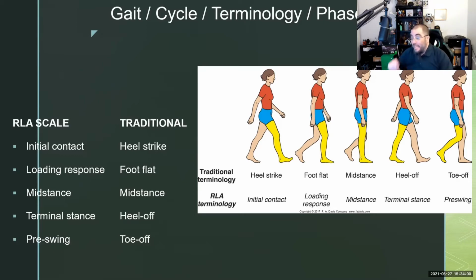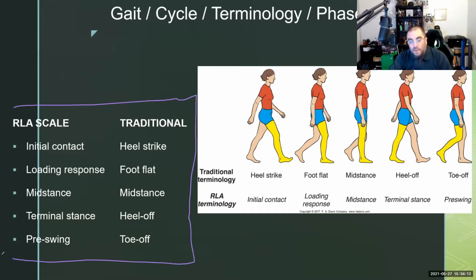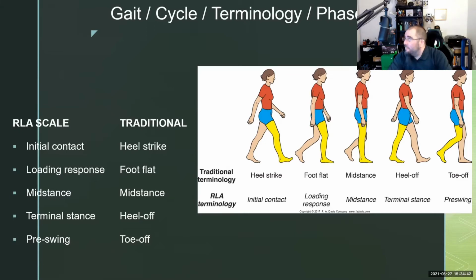Don't worry. Like gait cycling, I hit pretty hard in test prep. So you just need to understand, for me right now, the difference between them, or where they fall. If you can memorize this box here, you can answer questions on my test, because it's literally going to be, initial contact in the RLA scale equates to what in the traditional scale? And the answer then would be heel strike. Okay, so that's what you have to know for me right now. That's the baby step. We're going to take big boy steps next semester when we start talking about neuro patients. Baby steps, Bob, baby steps.